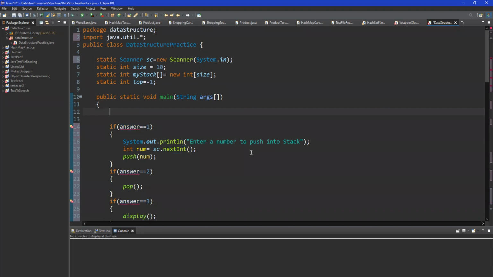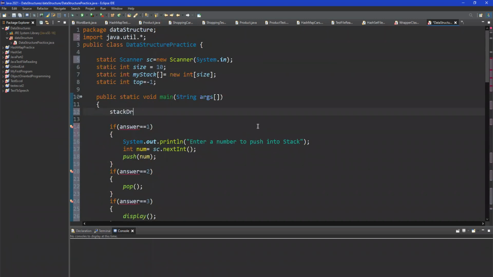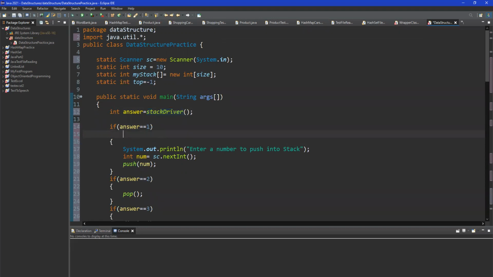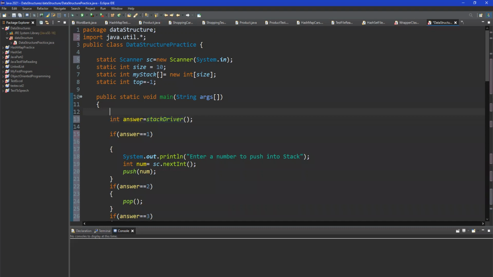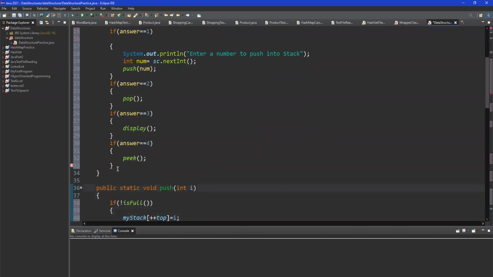Then call stack driver. Now we have to call it with the help of int answer, for example, int answer is equal to stack driver, because it will return some value. After that, make a do while statement, do, repeat all this code here, while